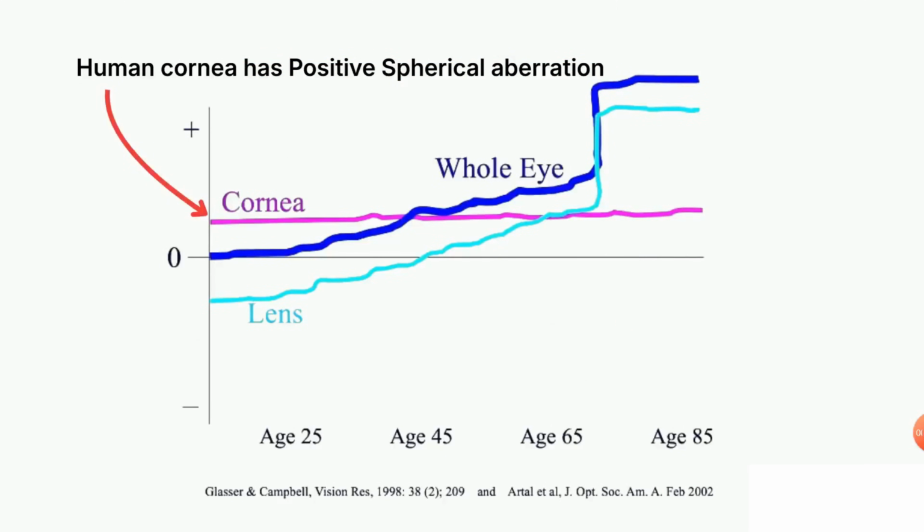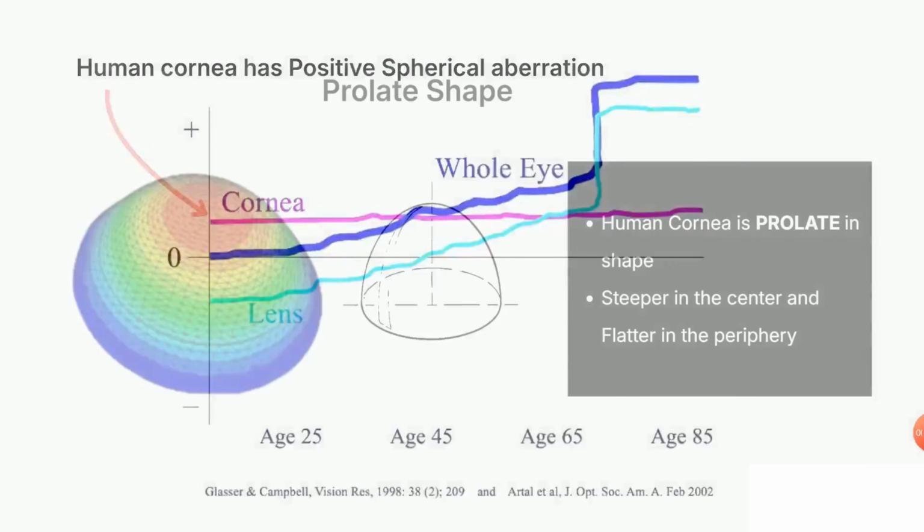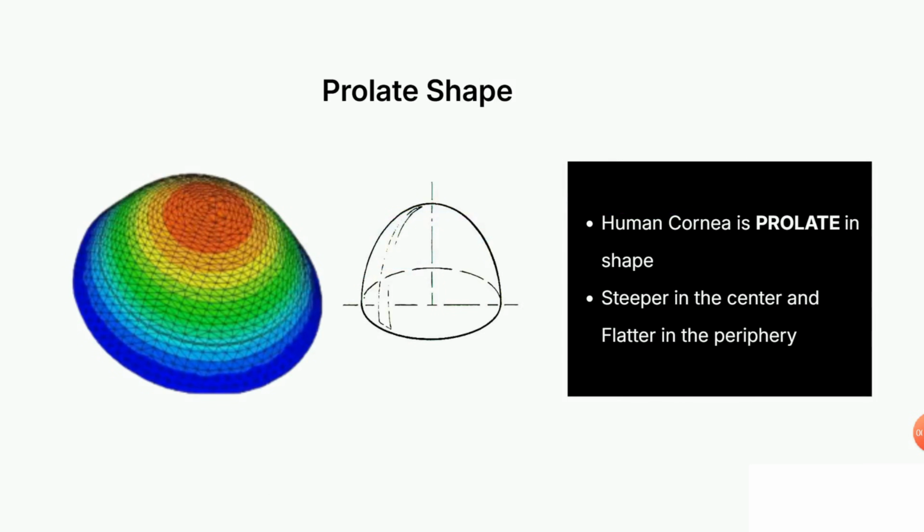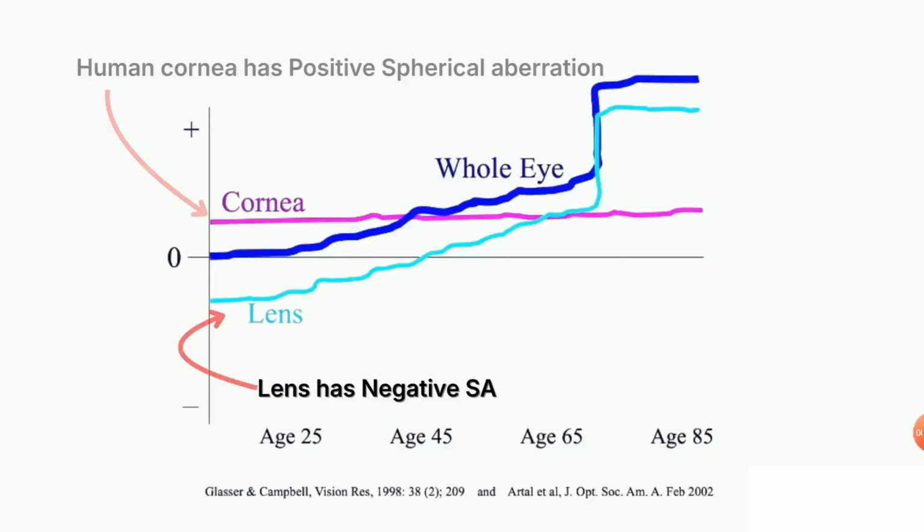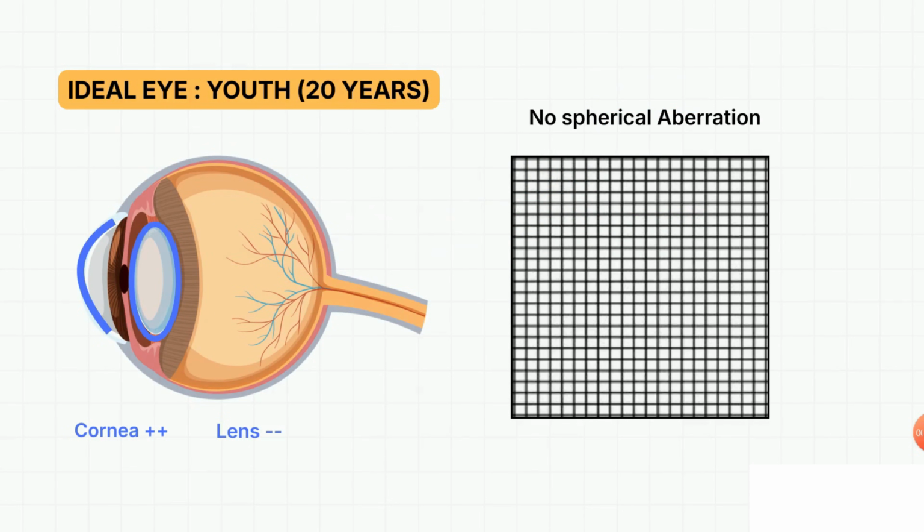Now here's the key physiological insight. The human cornea naturally has a positive spherical aberration. The cornea is steeper in the center and gets flatter towards the periphery. That means it has a prolate shape. In young eyes, this isn't a problem because the young crystalline lens has a negative spherical aberration which partially cancels that of the cornea. So this system is balanced, contrast is good, and the image quality is high